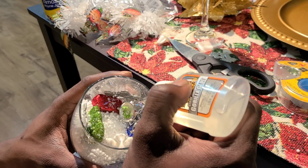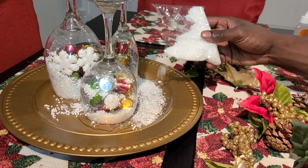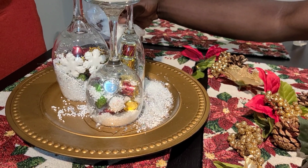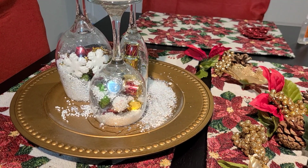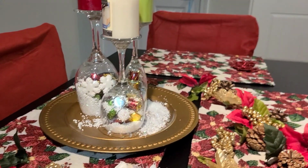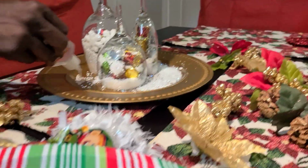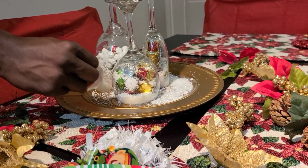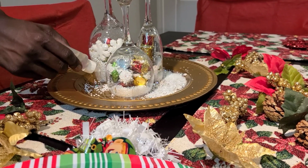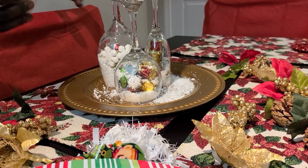So this is the part where you need to take your hot glue gun and put glue all around the rim of the wine glass, and then take this tray, the gold tray or whatever tray you have, and set it on top of the wine glasses. We had to do it very difficultly because our wine glasses weren't the same size, so we had to try to dump the wine glasses over with everything in it. So we got snow everywhere, so we ended up just putting the sparkly snow all at the bottom of it to cover that up. And then the top of the wine glasses are supposed to be candle holders, so we bought candles to set on top of it, and it looked really cute. So I suggest to get